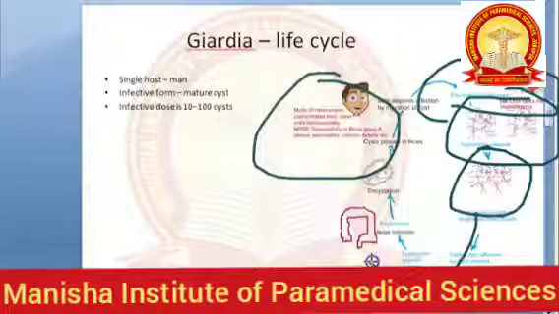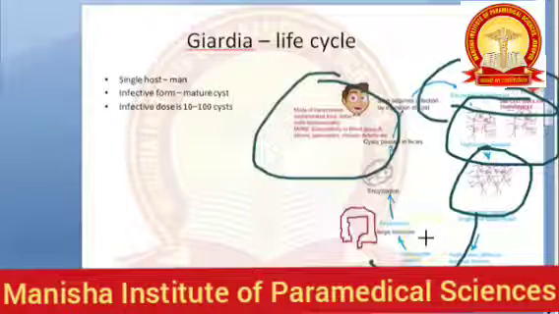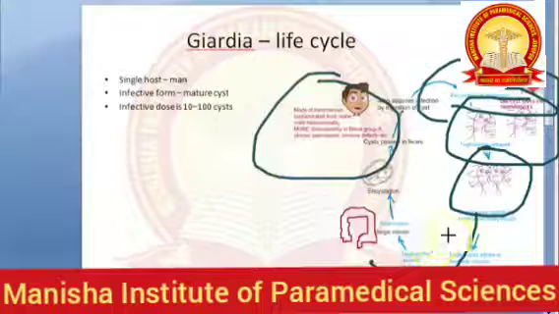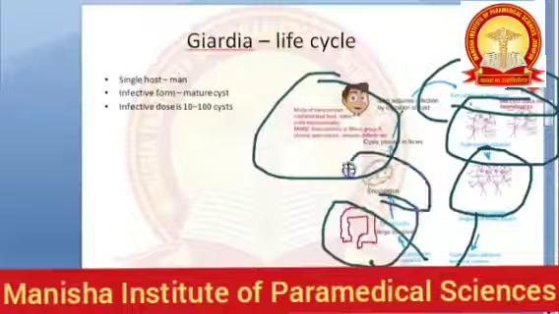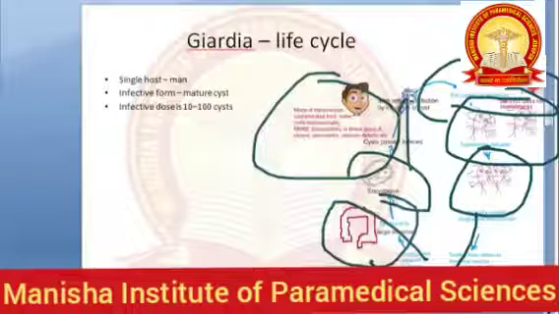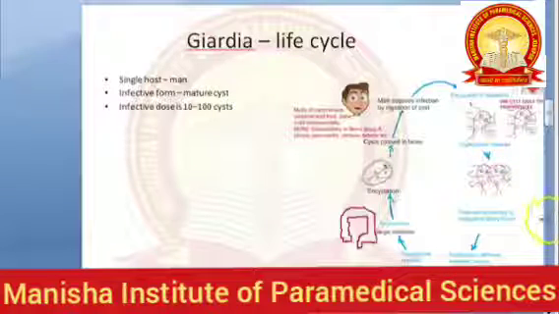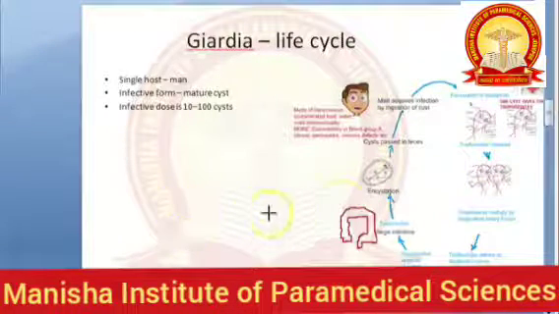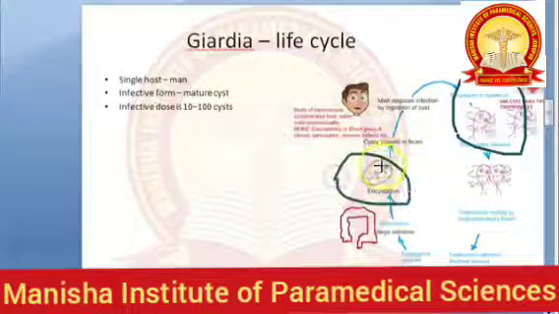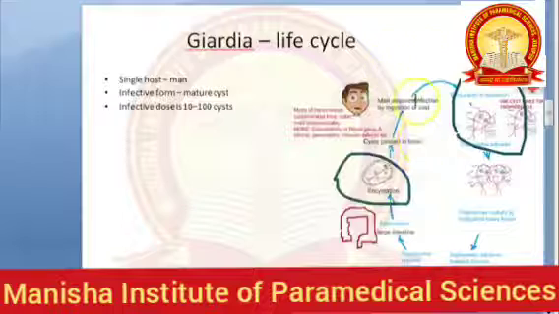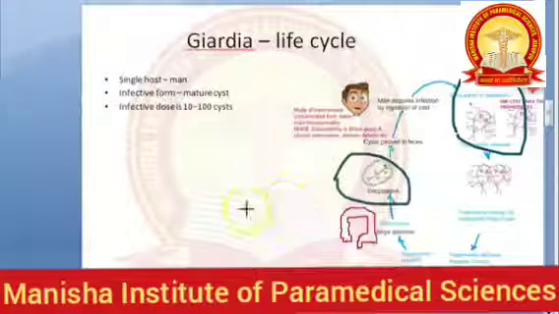These trophozoites will adhere to the small intestine with that suckling disc. Some of them will be in the lumen and they will move to the large intestine, where they will become cyst again and they will be passed in the feces. Okay. That's all in the life cycle. Life cycle they will ask in the exam, so that you can draw all these trophozoite and cyst, and also they can understand morphology also. So that's why they'll ask life cycle.